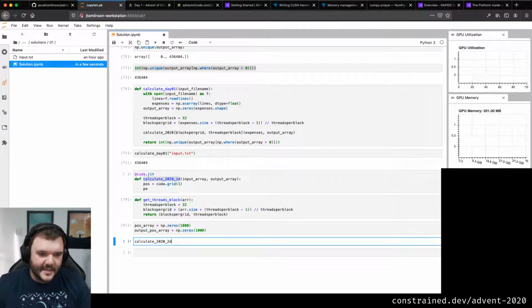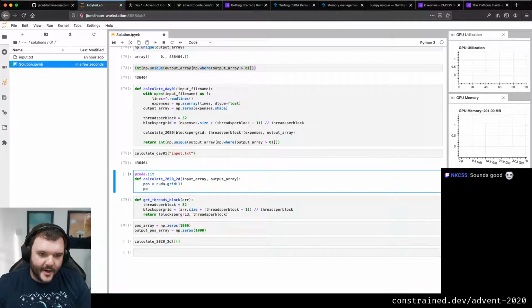So let's calculate this. Oh yeah, I want to go output array pos equals pos, which is what I did before, right? So